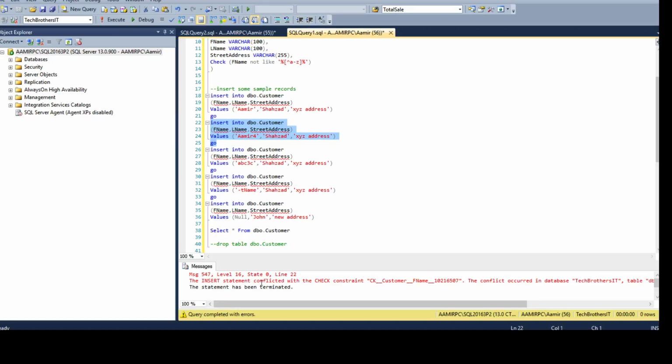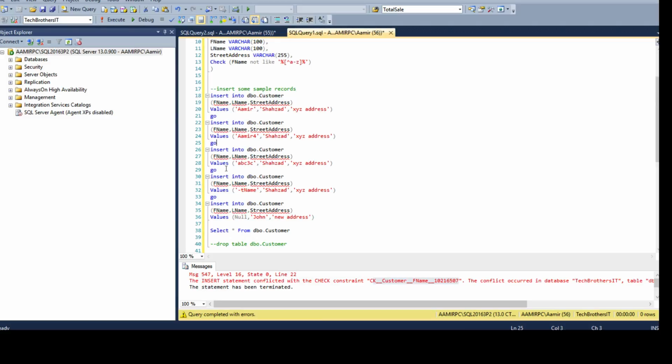The insert statement conflicted with the check constraint CK customer FName, and this is the check constraint name, and the conflict occurred in the database TechBrothersIT, table dbo.Customer, column FName. So that's a very detailed